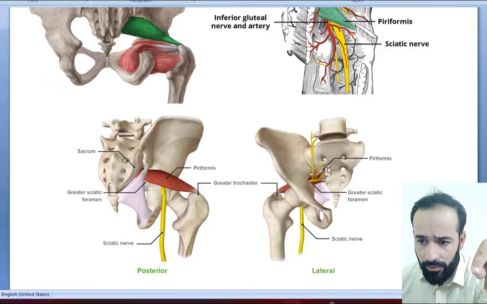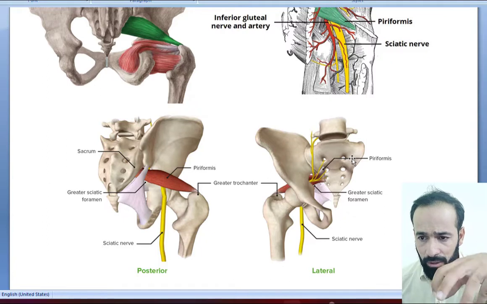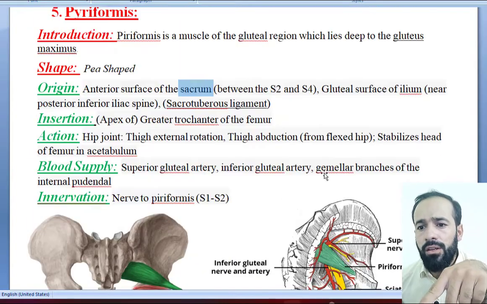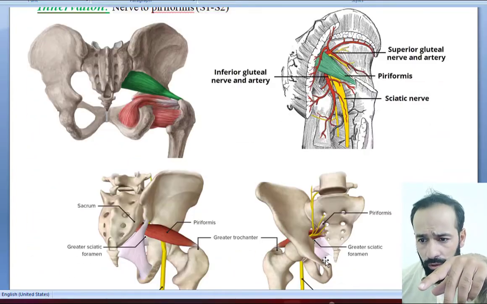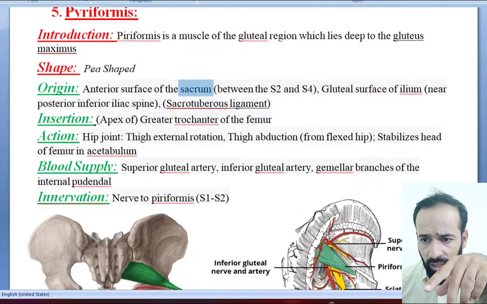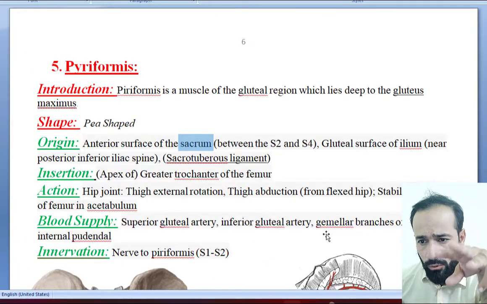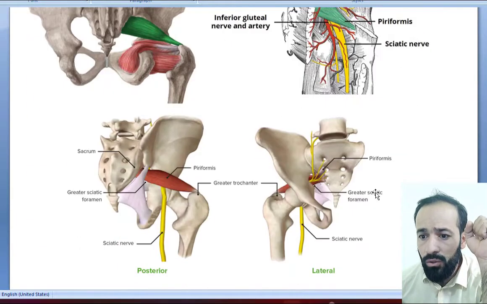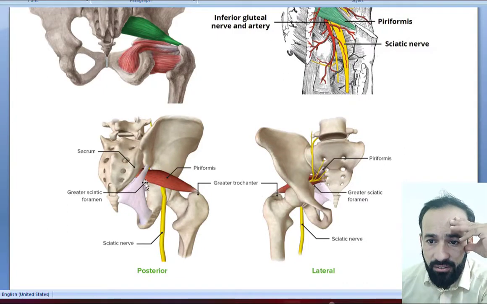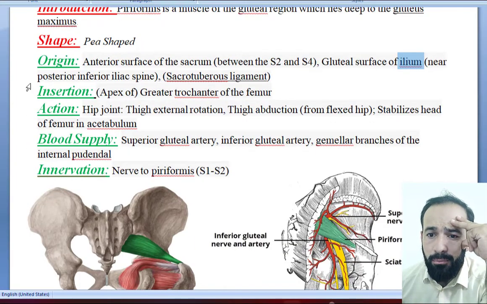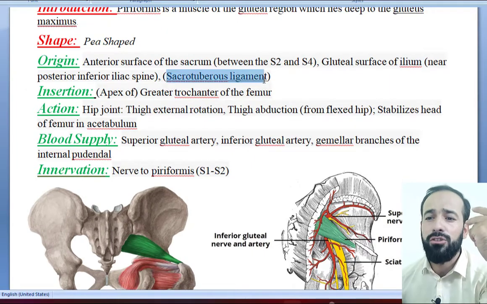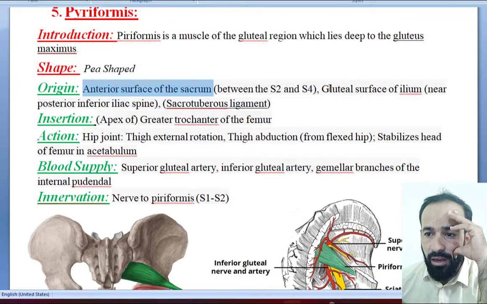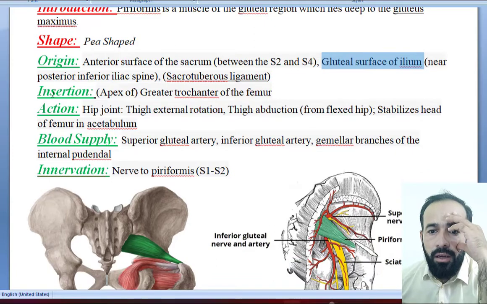If you see here, this is the interior view of the pelvic region. The anterior surface of the sacrum, between S2 and S4, sacral bone 2, sacral bone 3, sacral bone 4, and the gluteal surface of the ilium. It gets its origin from these 2 points near the posterior inferior iliac spine. So sacrotuberous ligament we call it. It gets its origin from the anterior surface of the sacrum and the gluteal surface of the ilium, and it is